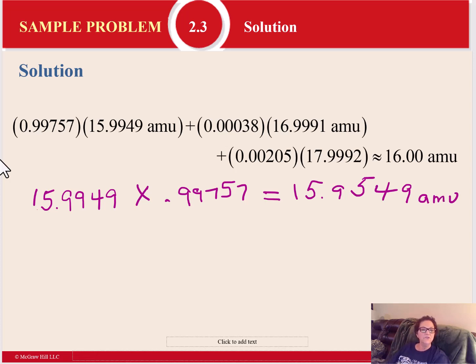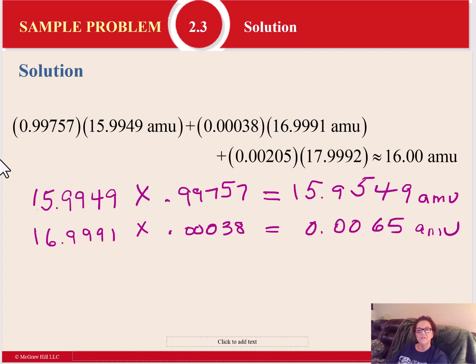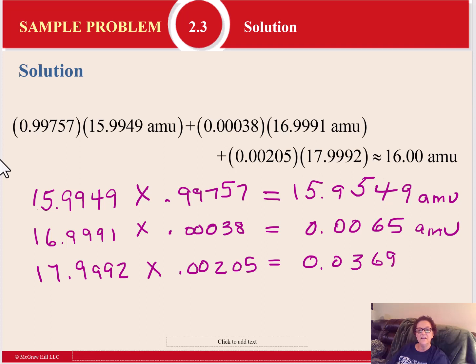And then the next one, which is 16.9991 times, and you've got to really watch the percentages when they're small like this, 0.00038, which is 0.038%, and that's going to give us 0.0065 AMU. And then last but not least, 17.9992 times 0.00205 is going to give us 0.0369 AMUs. And then when I add those up, it's going to give me